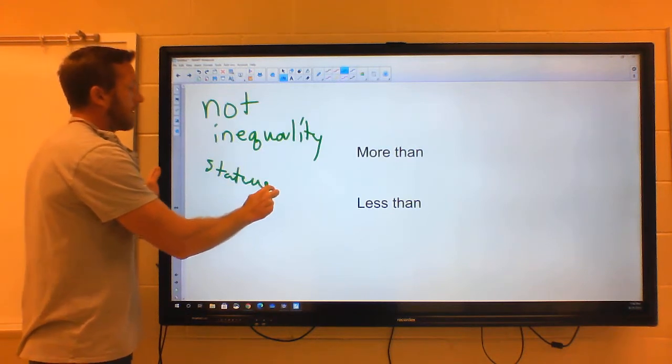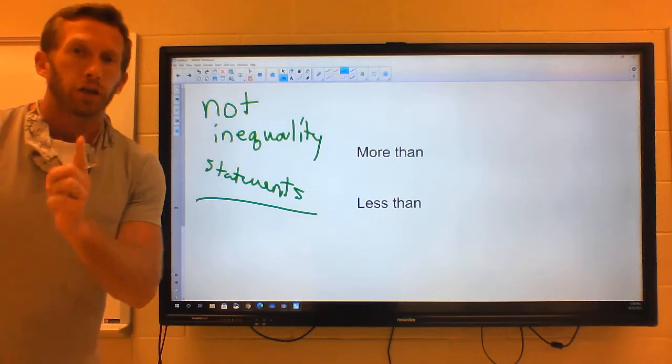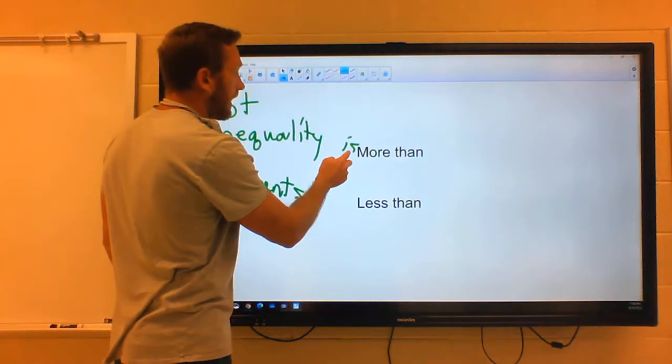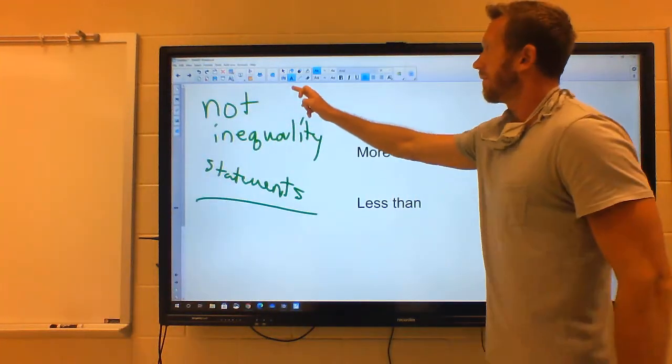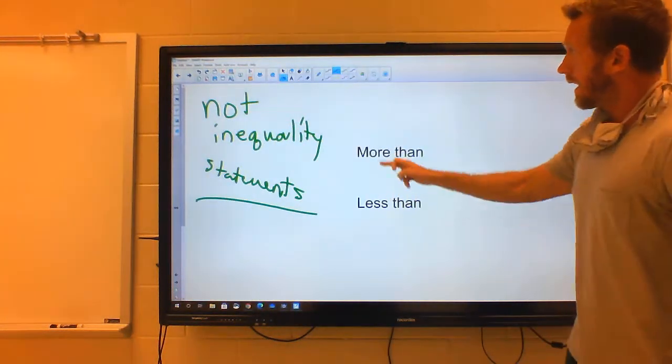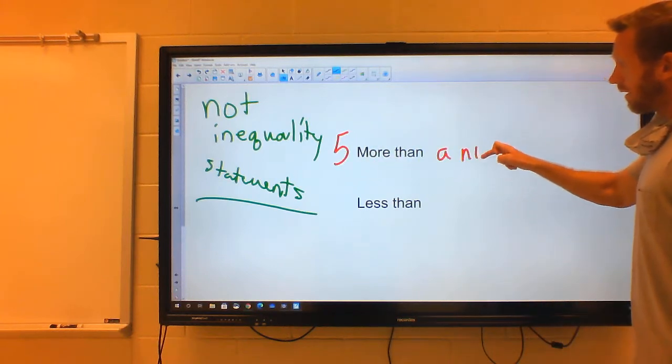Let's talk about why they're not inequality statements. Because they don't have a verb. I do not have the word "is" in front of them. And because "is" is not in front of them, when I say "5 more than a number,"